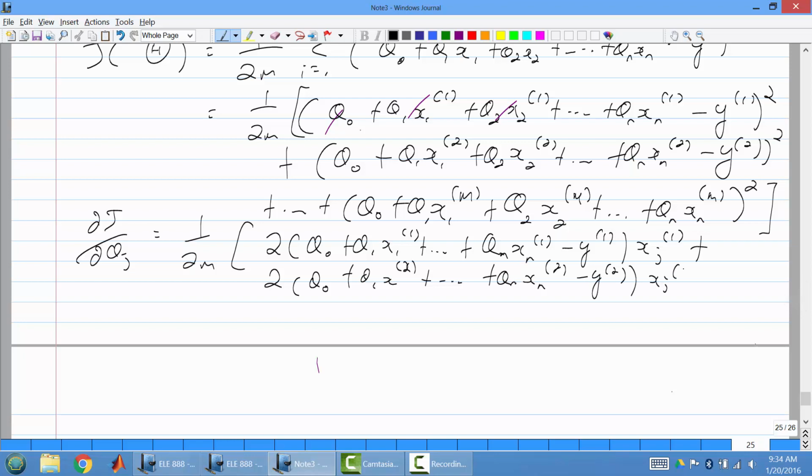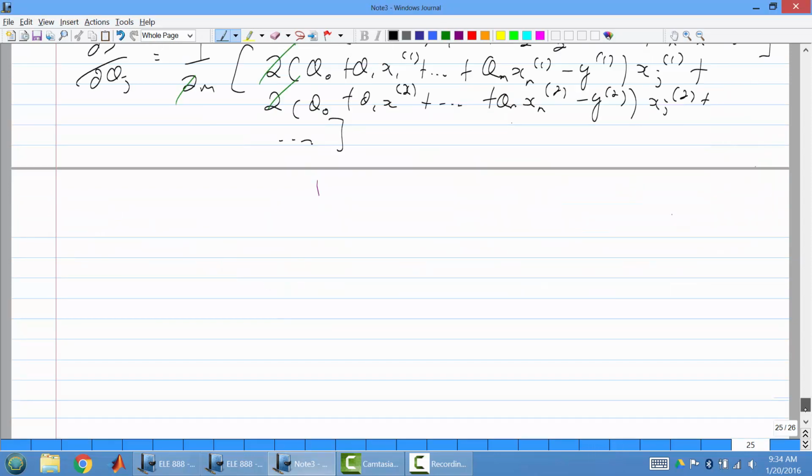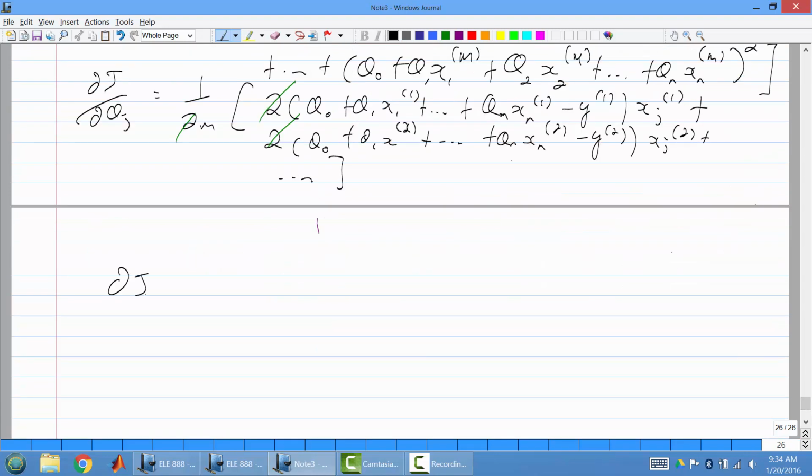Okay, and this is the second feature, and so on and so forth. I won't bore you with the details there. Now these twos cancel, and finally what you get is just a summation of all these terms. It'll be 1 over m, and then summation from,